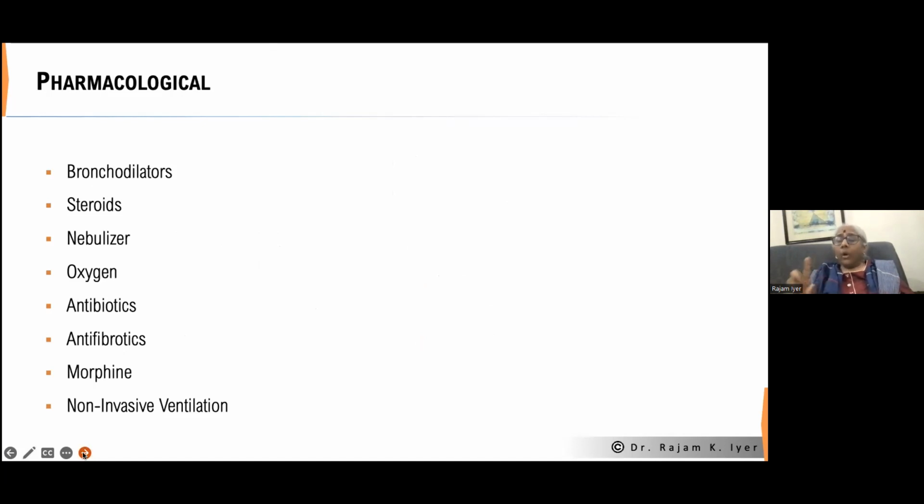Here, one word of caution about oxygen. Oxygen is also a drug. One should use oxygen when? Can anybody give me the indication? Anybody? When saturation becomes less than 86%. So 88. Below 88 is when we